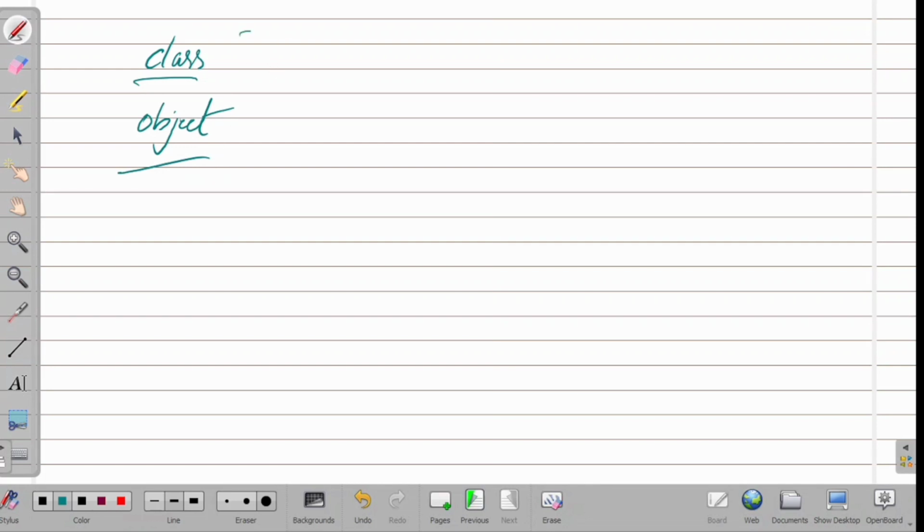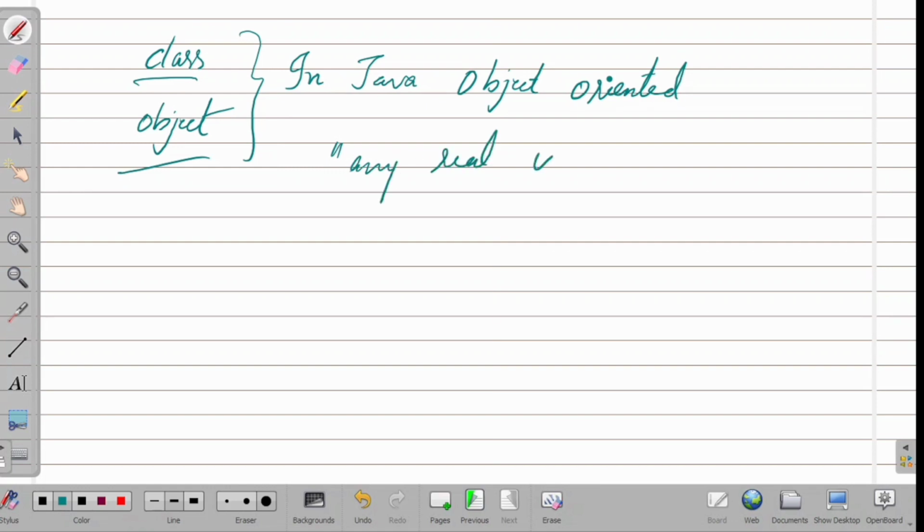In Java, everything is object oriented. What is meant by object oriented? An object is nothing but any real world entity.